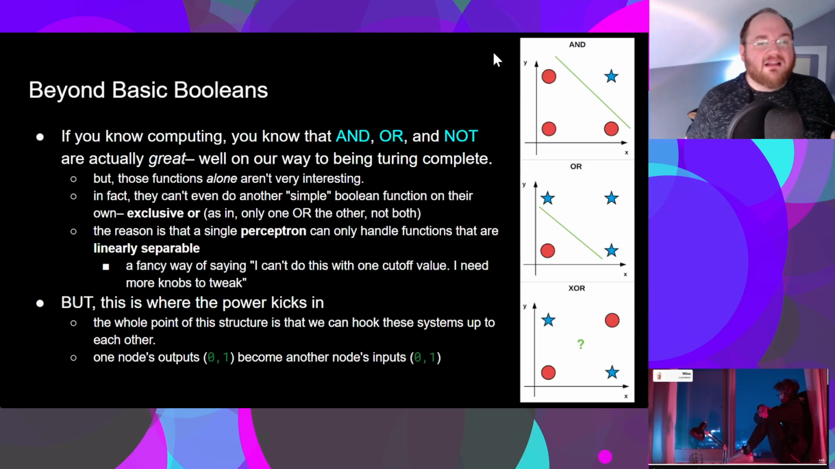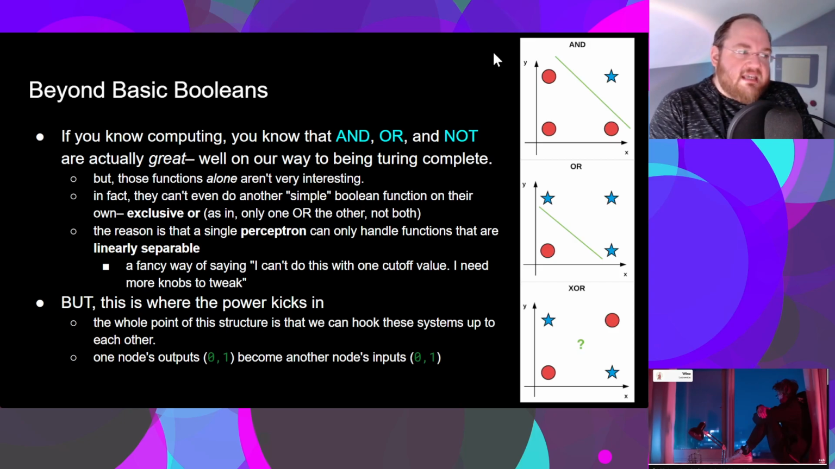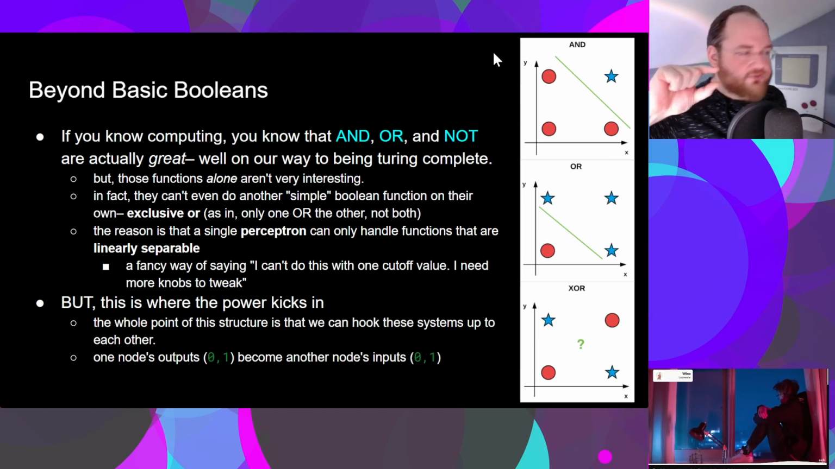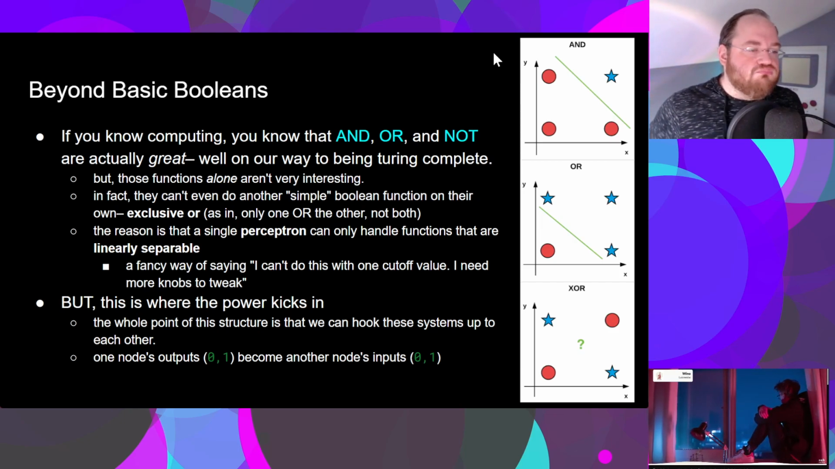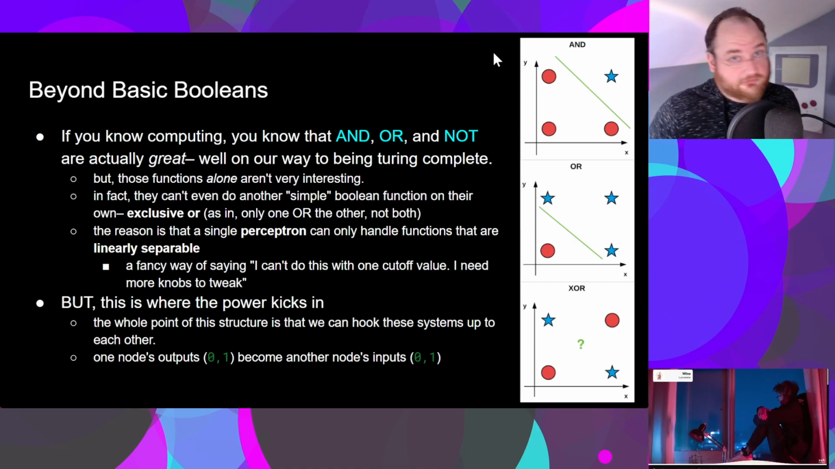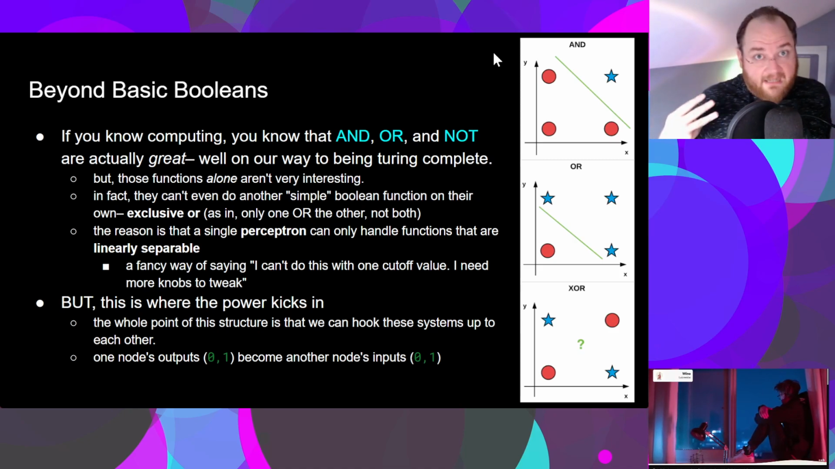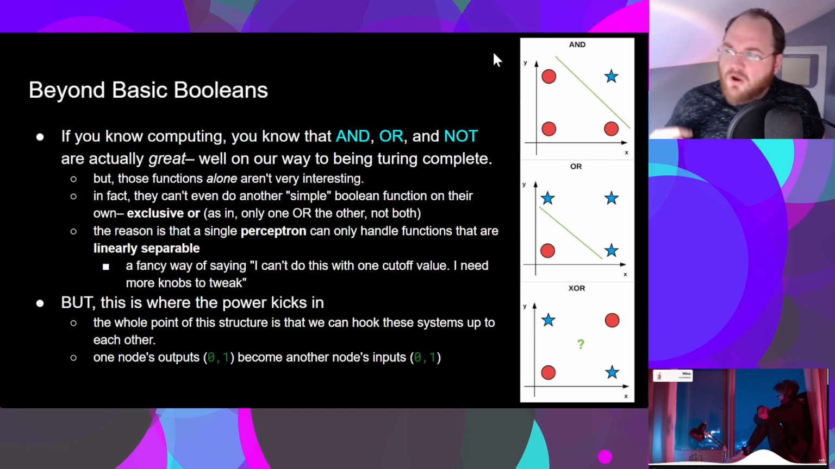So let's get back to this concept. We concede that at least AND, OR, and NOT are possible to recreate in a single perceptron, right? And if you know anything about computing, you know that's actually awesome. You are well on your way to being a Turing-complete computing system with just those three. Not quite there, but you are getting there. Wait, maybe you are. Well, anyway, point is,